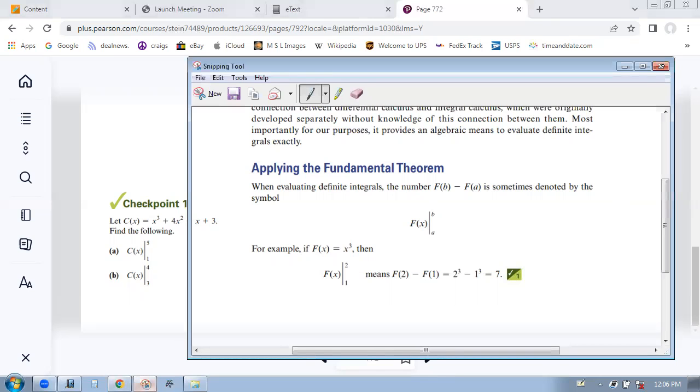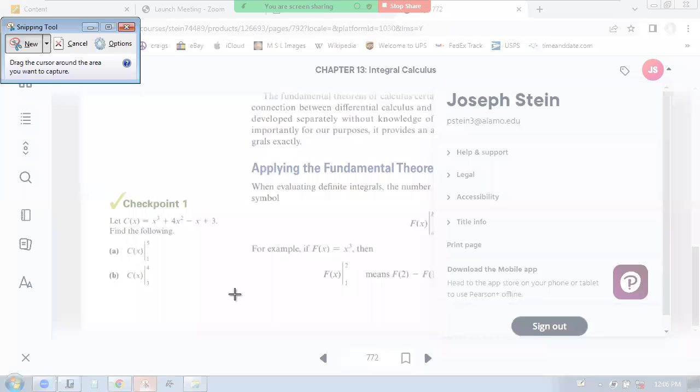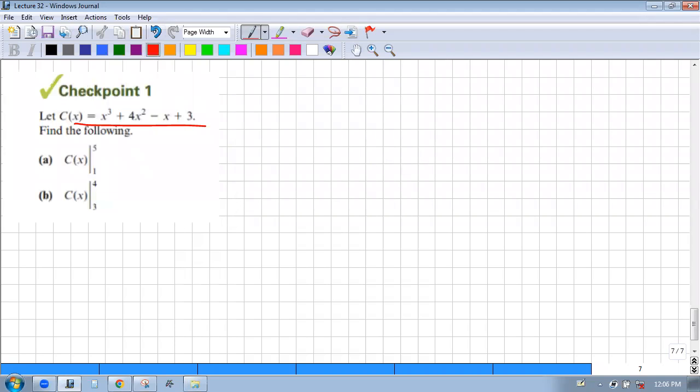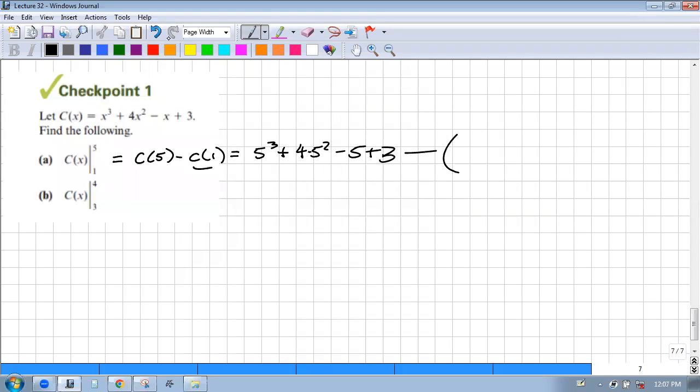Okay, I guess we could do this checkpoint here. So if this is C of x here, then this here would be plug 5 into this. So this would be C of 5 minus C of 1. So C of 5 would be 5 cubed plus 4 times 5 squared minus 5 plus 3. And when we subtract C of 1, you might want to put your parentheses so you don't forget to distribute this minus sign, right? C of 1 would be 1 cubed plus 4 times 1 squared minus 1 plus 3,